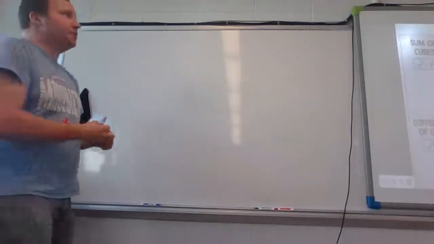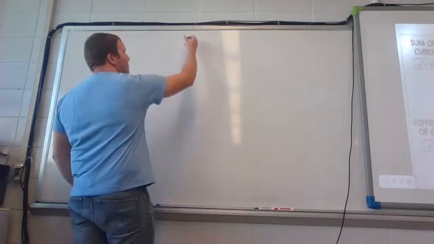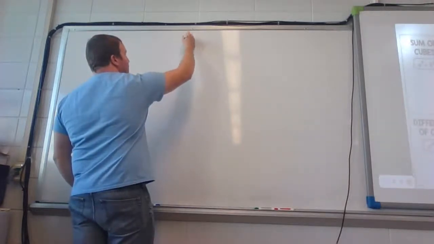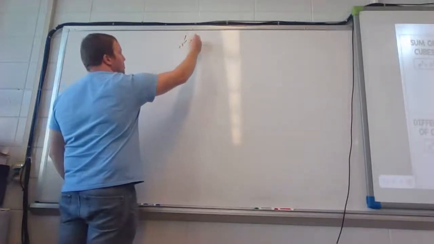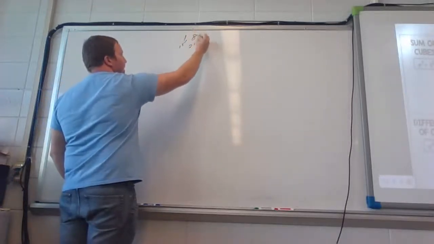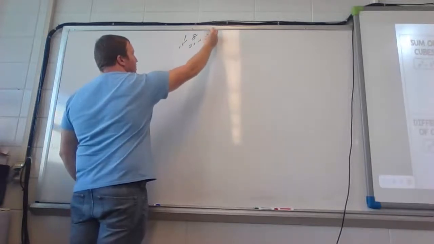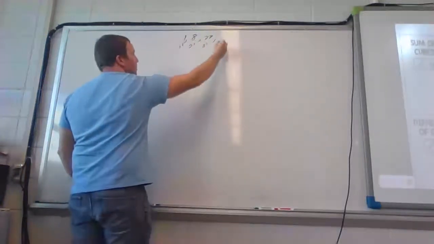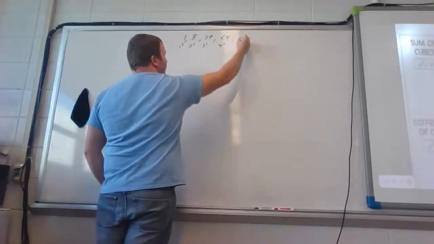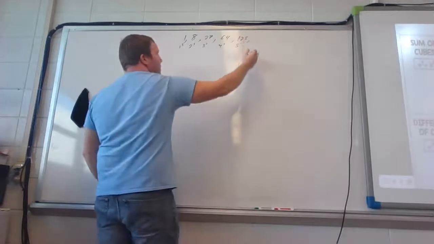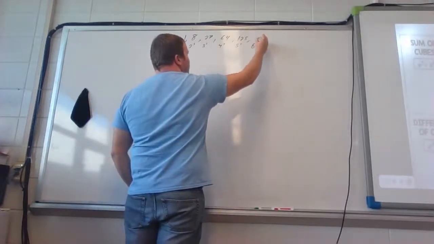So let's flip it over to the back page where we have sum and difference of cubes. The first thing we need to remember is what our perfect cubes are. So 1 cubed gives me 1, 2 cubed gives me 8, 3 cubed is 27, 4 cubed is 64, 5 cubed is 125, 6 cubed